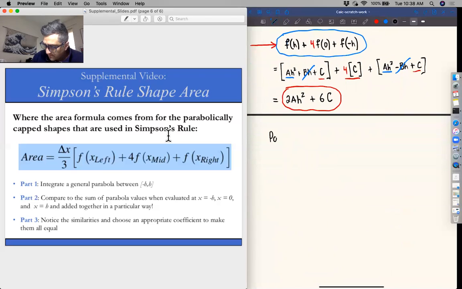So part 3. Basically, to make the area under the parabola equal the sum of function values,